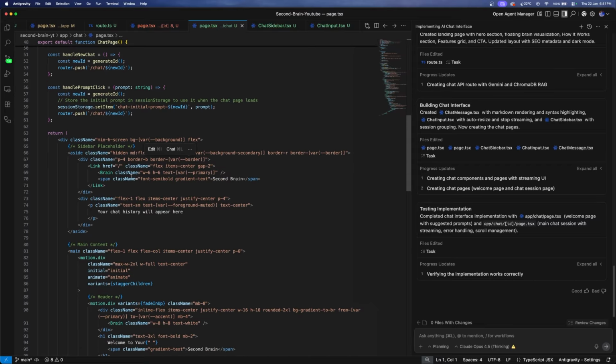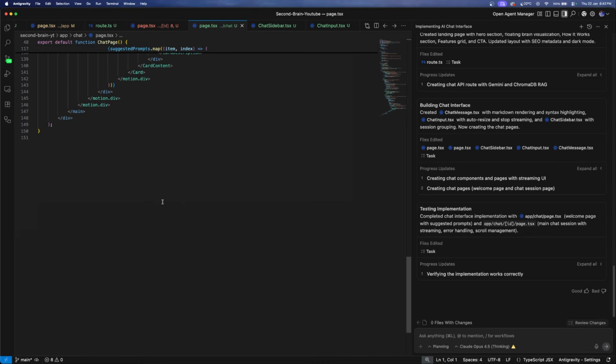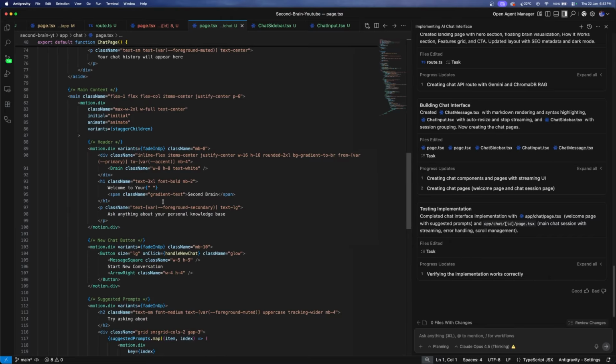I don't want to go to create the slash chat session. So let me do one thing, I'll just change it here and give plots on it. Remove creating the chat session for when